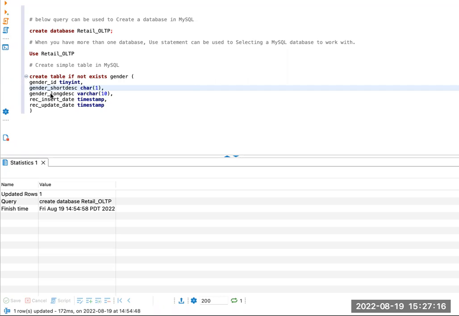And also, as an example, I want to provide an example for you as well. Gender underscore, then followed by a comma. The third column is gender underscore long description, long desc, and then followed by the data type and the size here. Here, I'm going to use varchar. Varchar is also a data type which is used to store character strings. And then comma,